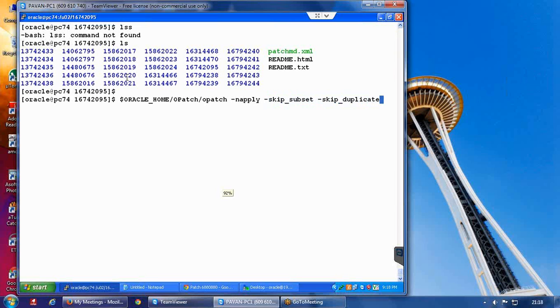So this is the command that you are going to use. But of course here it is just napply. So opatch napply -skip_subset -skip_duplicate.